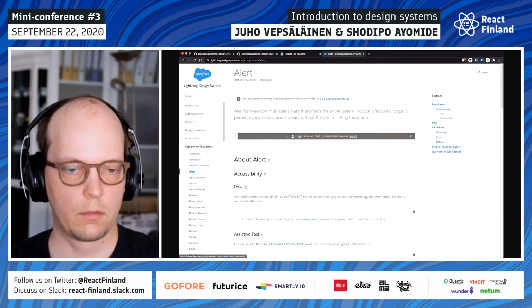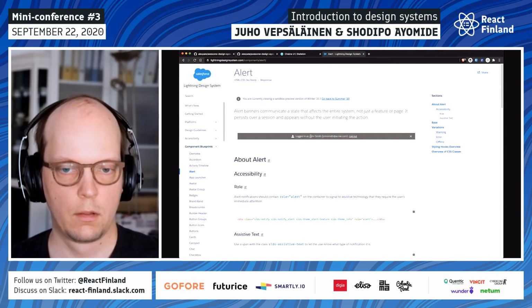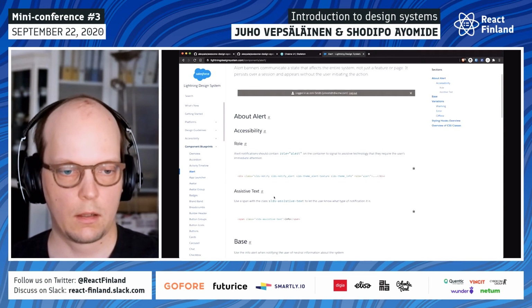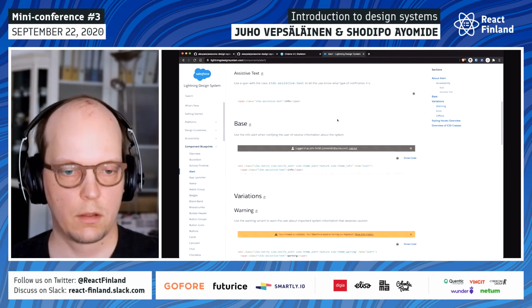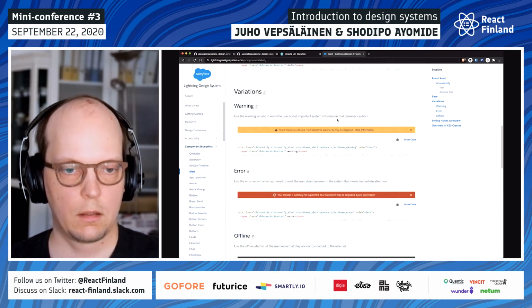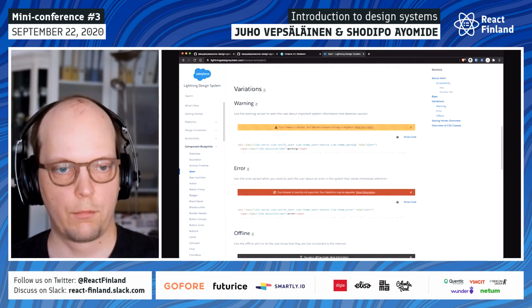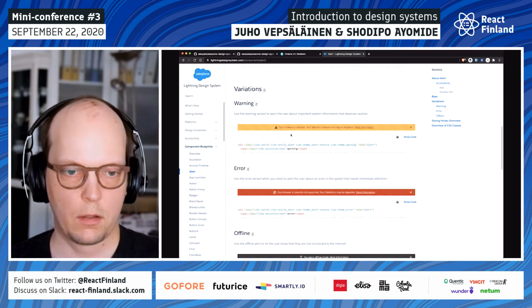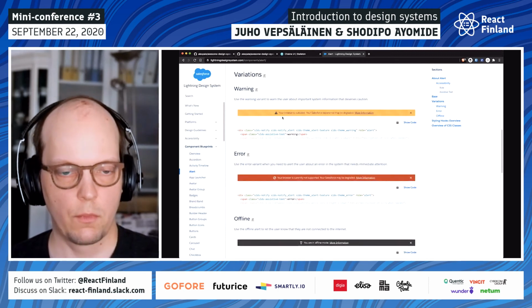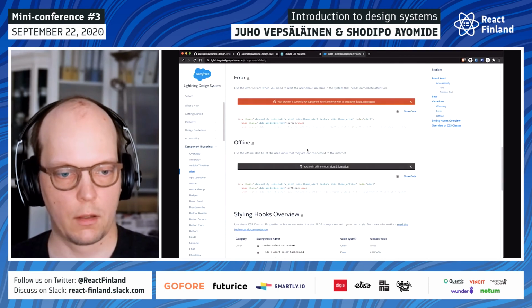So here again, we see alert. That's an alert, and it has these accessibility features. And here, what I had in my system, they have as well. They call them variations, I call them variants, which is the same thing. So warning would look like that, and error like that.